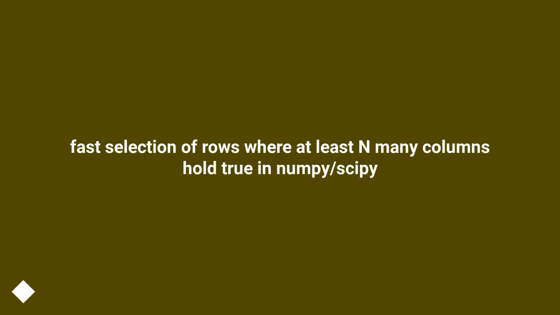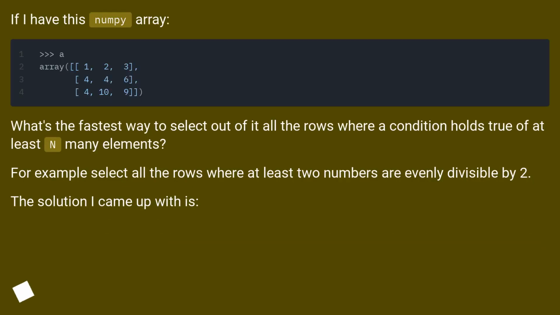Fast selection of rows where at least n many columns hold true in numpy/scipy. If I have this numpy array, what's the fastest way to select out of it all the rows where a condition holds true of at least n many elements? For example, select all the rows where at least two numbers are evenly divisible by 2. The solution I came up with is